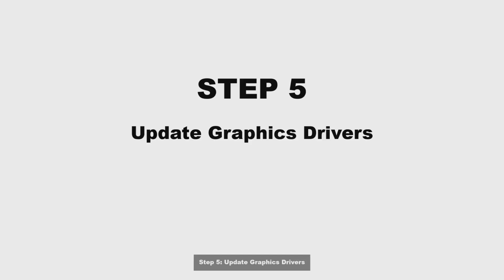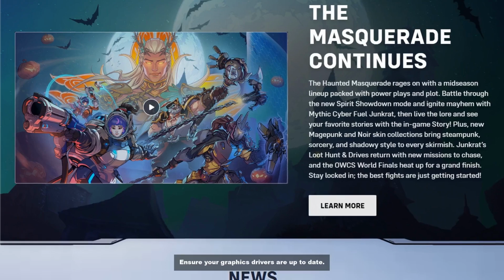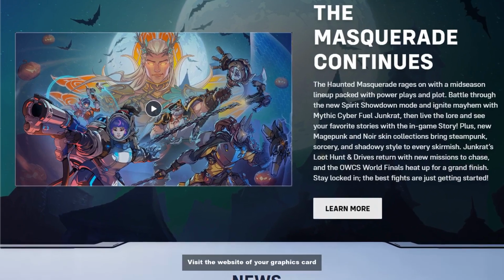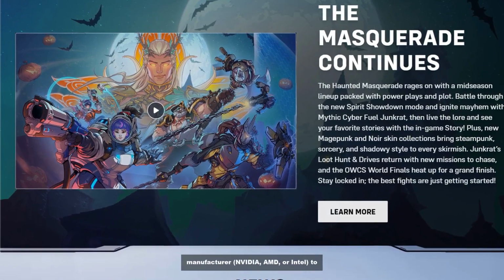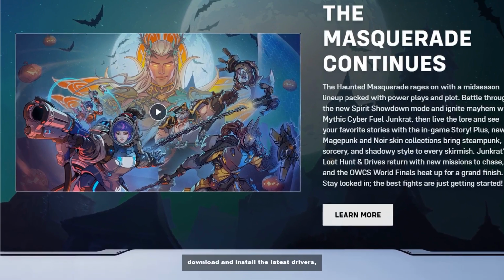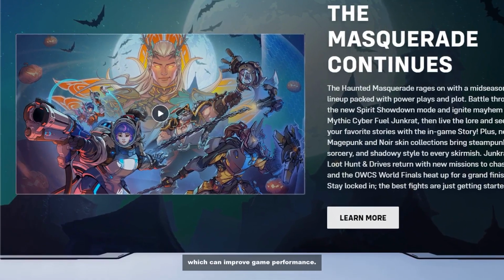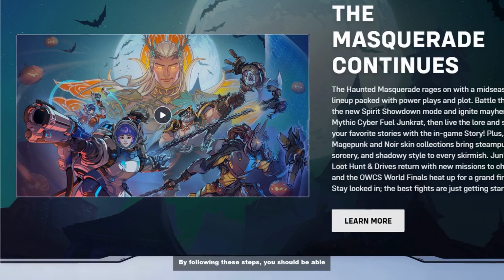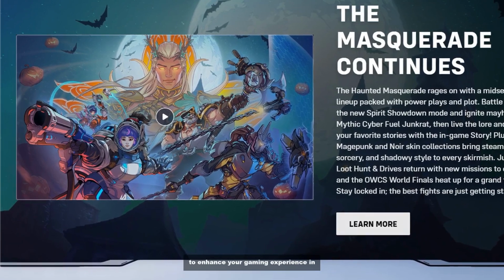Step 5. Update graphics drivers. Ensure your graphics drivers are up to date. Visit the website of your graphics card manufacturer, NVIDIA, AMD, or Intel, to download and install the latest drivers, which can improve game performance. By following these steps, you should be able to enhance your gaming experience in Overwatch 2